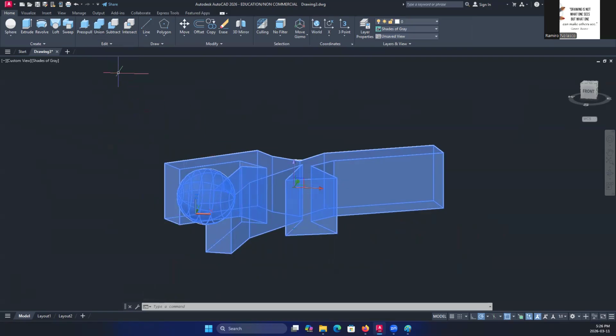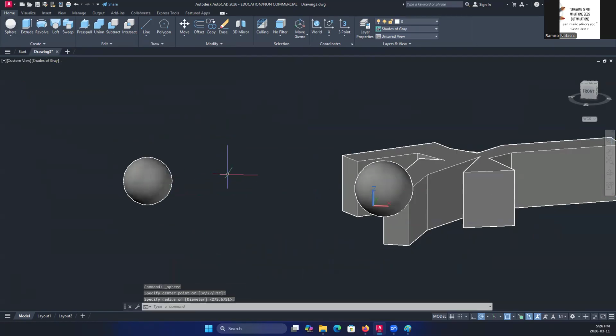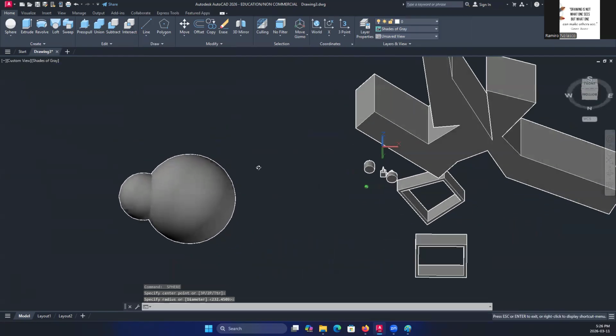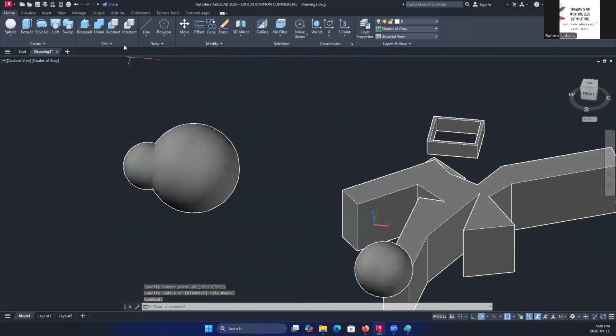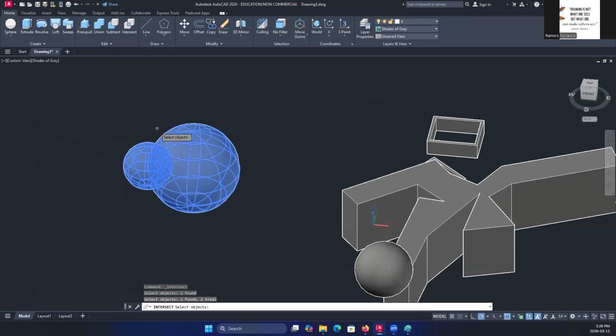Now, what's the difference between union, subtract, and intersect? Intersect: if I have two spheres right here that intersect each other, and I use the intersect command, select one, select the other, what will be left is the intersecting part.